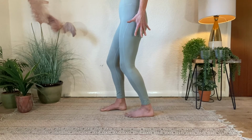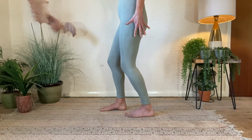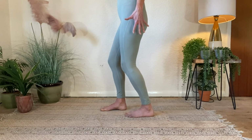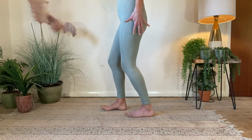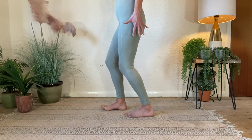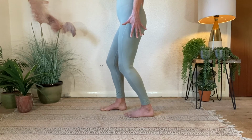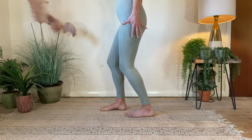So without rocking the foot in, I'm lifting all of the toes on my right foot, spreading them wide, placing them down, pushing down into the floor and scrunching. That's 1, 2, 3, 4, 5, and notice that your knees might want to straighten up, so try and correct that. 6, 7, put all that work into that back leg. 8, 9,